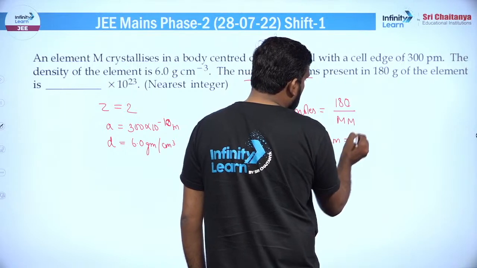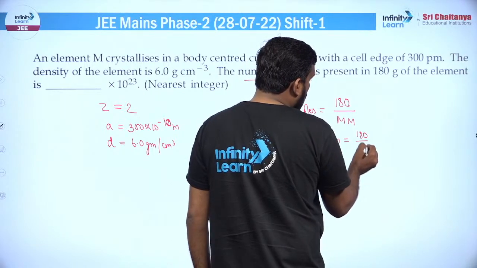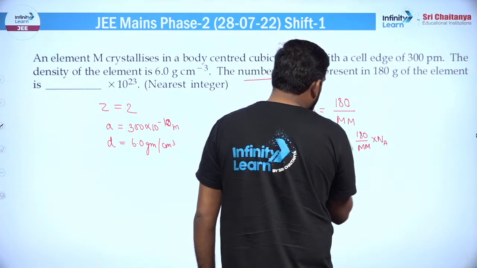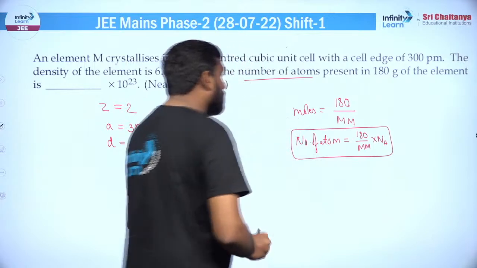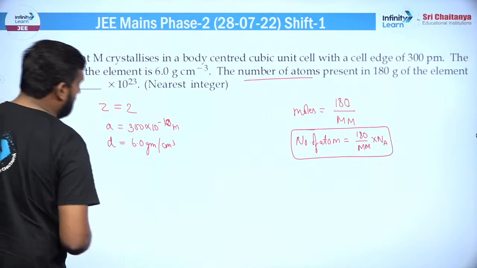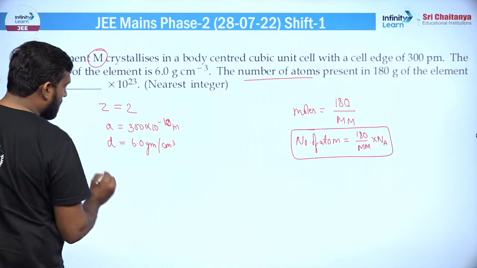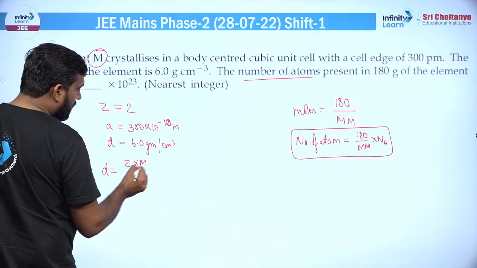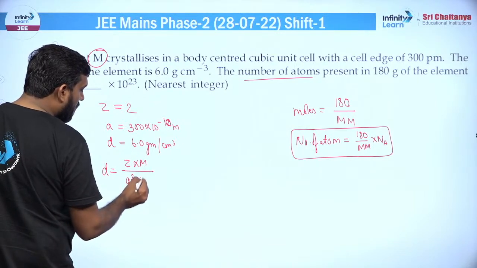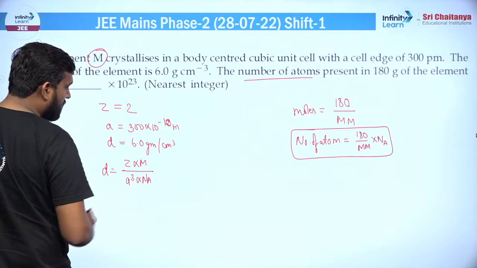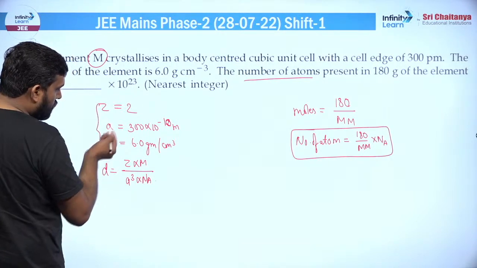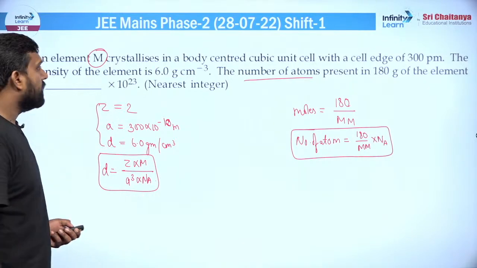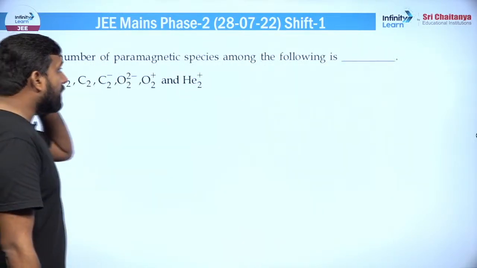तो नंबर ऑफ एटम जो हो जाएंगे वो हो जाएंगे 180 बाई मोलर मास इनटू Na। ठीक है, तो ये चीज आपको यहां पर करना है, लेकिन उससे पहले हमें M चाहिए, क्योंकि हमें M नहीं पता है। तो चलो मोलर मास निकालते हैं इसका। कैसे निकालेंगे? डेंसिटी का फॉर्मूला क्या होता है बेटा, डेंसिटी का फॉर्मूला होता है Z इंटू मोलर मास अपॉन A क्यूब इंटू Na। तो बस अब आपको सारी चीजें पता हैं, यहां से सब्स्टिट्यूट करना शुरू कर दीजिए, क्वेश्चन में M एक अननोन है, आंसर आ जाएगा, बाकी कैलकुलेशन है।